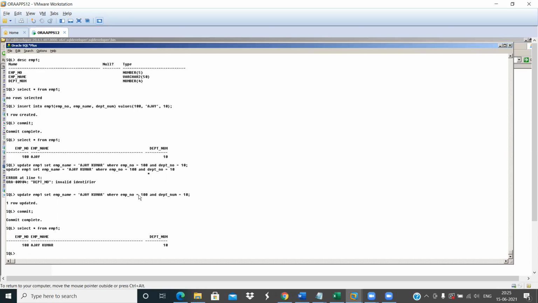If you don't provide any condition, since we have only one record, nothing to worry, it will update only one record, because we don't have any other record apart from this one. Suppose you have multiple records and no condition is provided in the update statement, it will update the entire records with Ajay Kumar. So just be careful while working with the update statement.